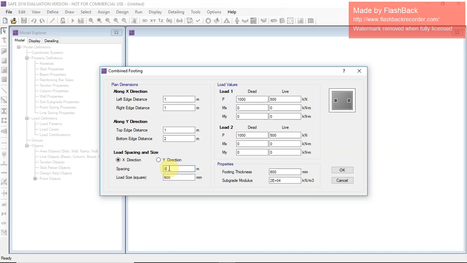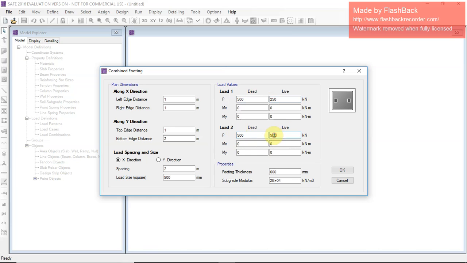Because both are columns in x direction, the spacing between the columns is 2. Load size: square column, what is the size of square column? 500 mm by 500 mm, so let's decide 500 mm. Load on column is 500 kN and live load 250 kN on both columns.